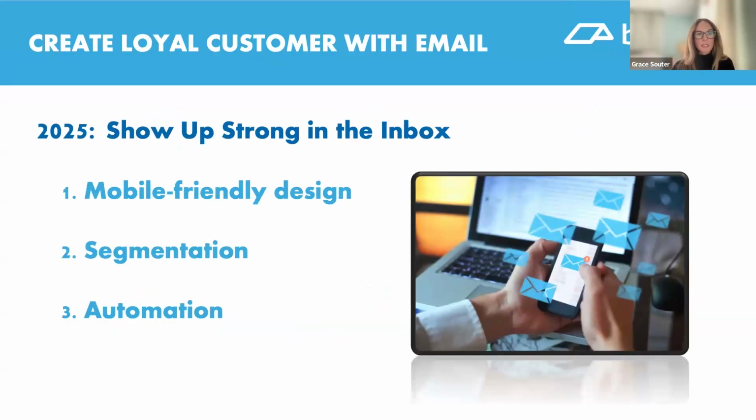Yep. All right, so the trends that we want to focus on today: I just mentioned mobile friendly is critical at this point in the email game. Segmentation, we're going to talk about why you want to segment your list and some different ways that you might be able to do it. And then automation, same thing. There's a lot that you can do with automation. We've got some things hopefully you're already doing, but some new ideas that you might want to think about. And companies that are paying attention to these trends are going to see a marked improvement over competitors who are not doing this type of thing. So definitely pay attention here.